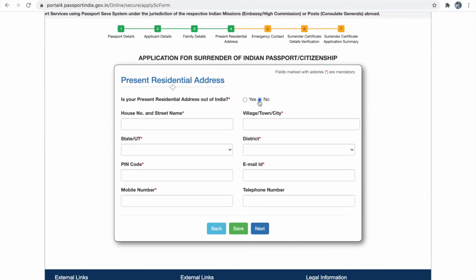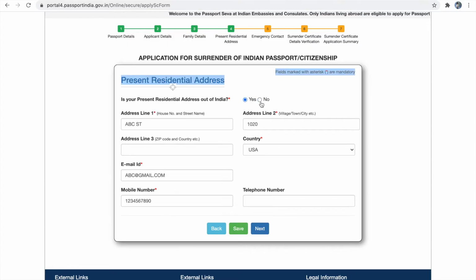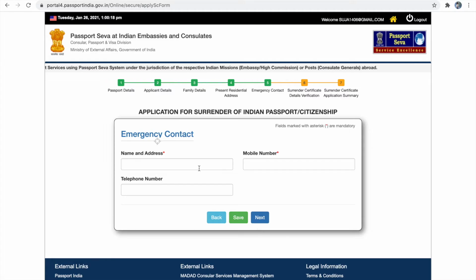So this is your US address. You have to click residential address out of India and provide all the details about your residential address in the US with the email ID and mobile number. Next is emergency contact. In this you have to provide the name, address and mobile number of your contact person.